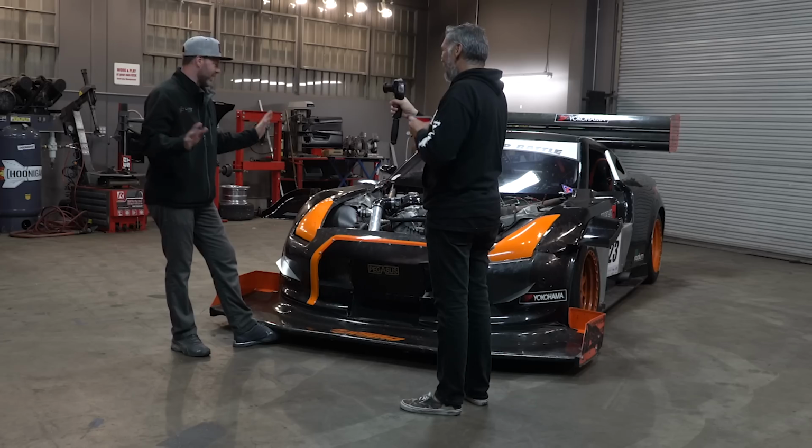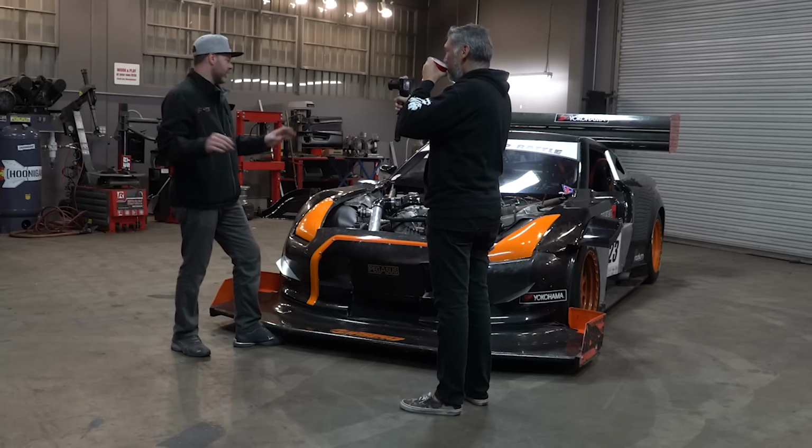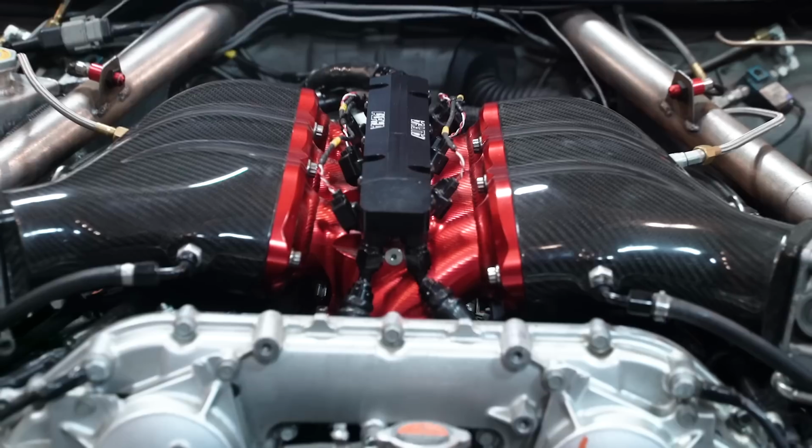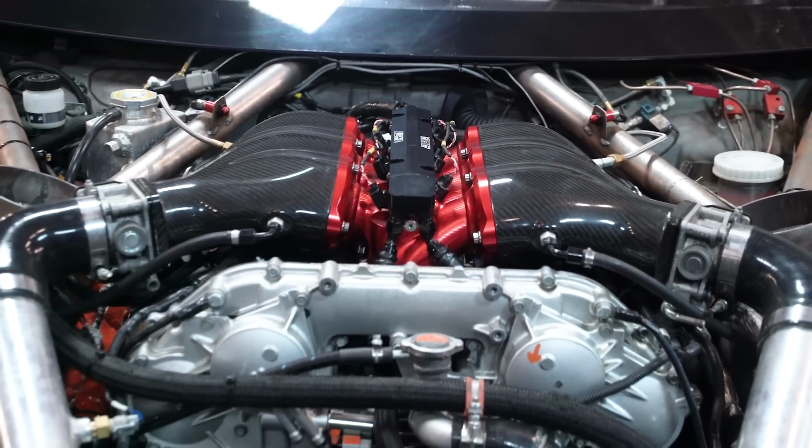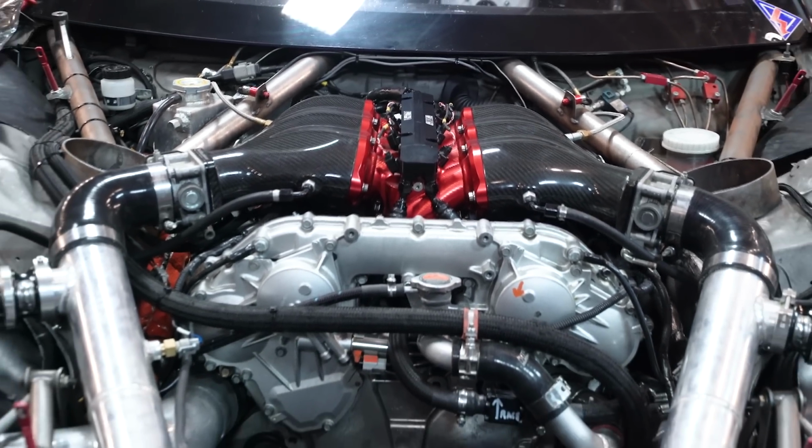For race day, we missed the rest of the practice week. It was like the totally wrong part for this engine. Our compression is effectively 6.5 to 1. On this built motor at a 4-liter, you're like 10.5 to 1, probably. 9.5 to 1. So you have a little bit of a higher compression ratio on it,